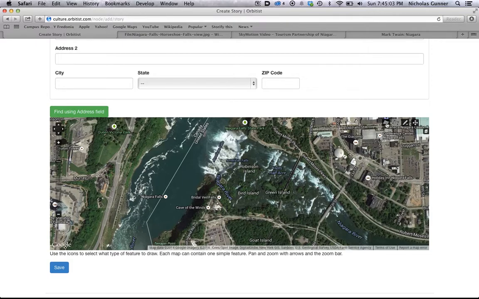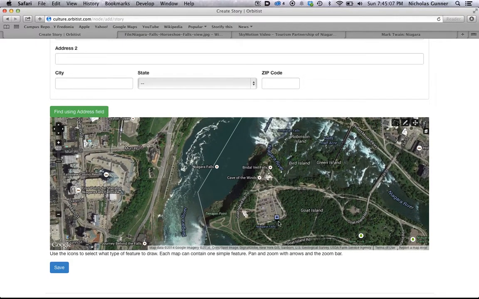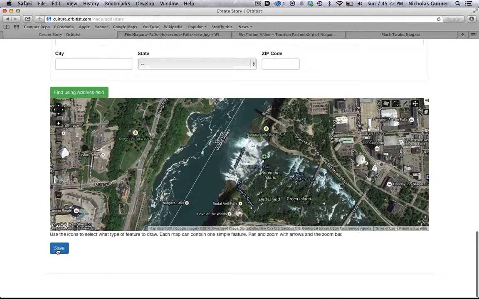I can do the same thing with a polygon, which is basically to draw a shape. So if I wanted to draw this parking lot, I could click, click, click, and then when I'm on my last point, double click to add the polygon. Now I just want a point, so I'm going to just use the pencil, drop my point on Niagara Falls, hit the Save button,